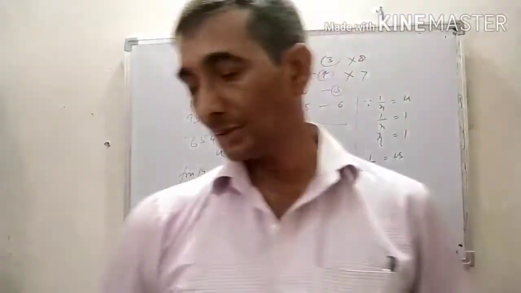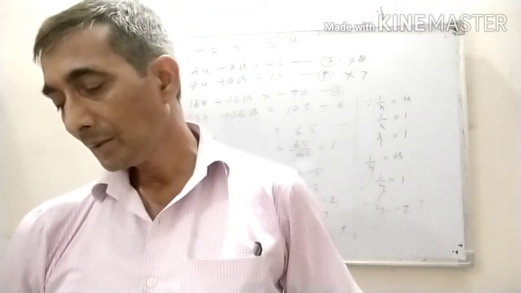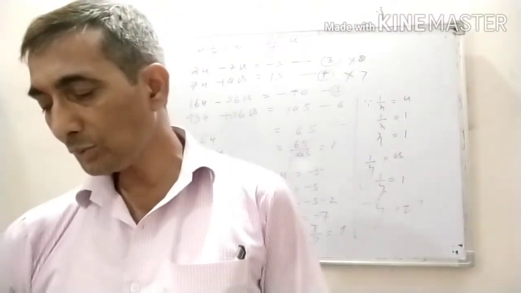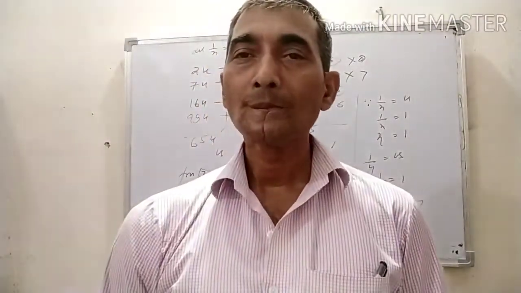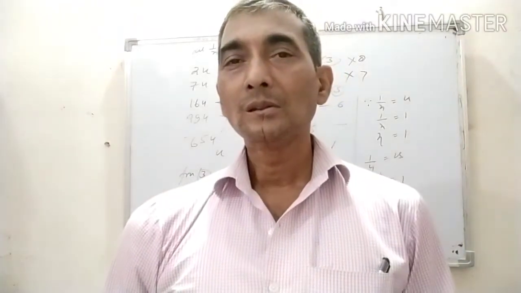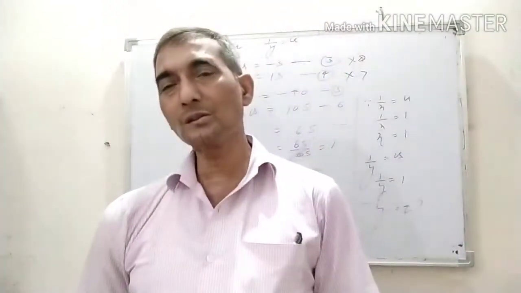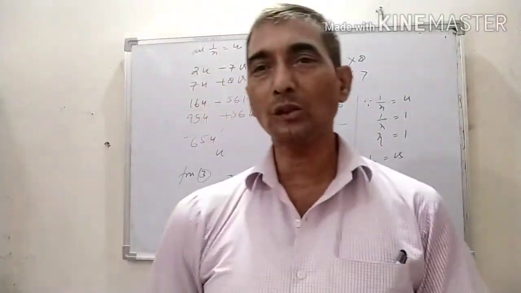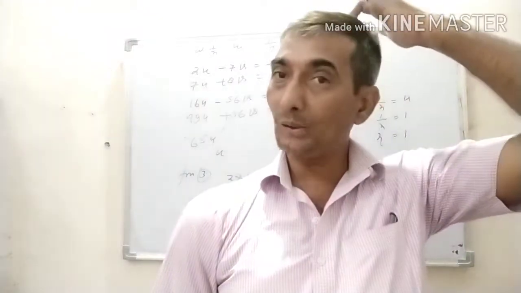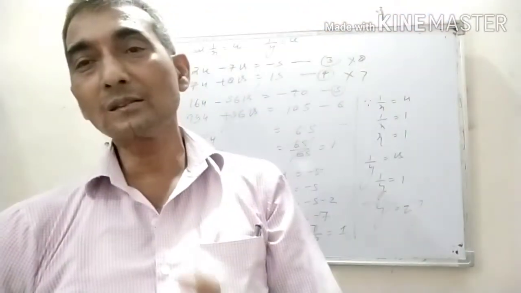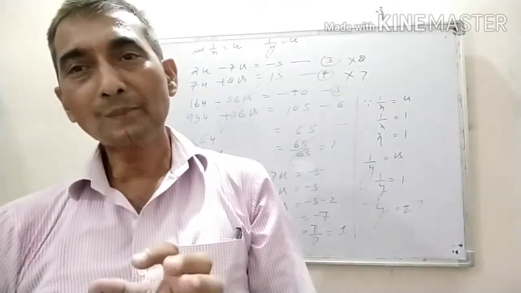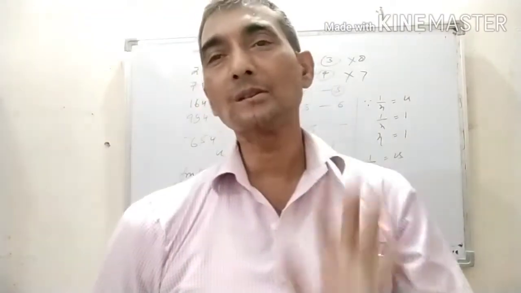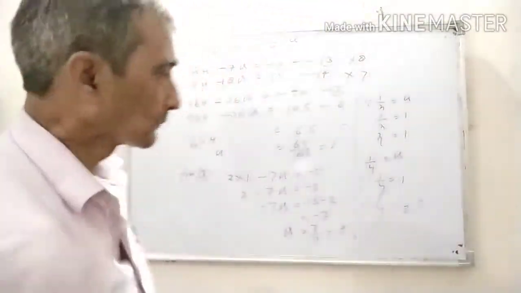You will see, student, that your given question is 10 upon x plus y plus 2 upon x minus y equal to 4. In this question, when we reduce it to the form of u and v and solve the equations and find the values of u and v, this question may be solved for the values of x and y. Let us see.